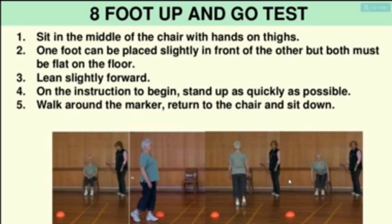On the command go, the stopwatch is started and the participant stands and walks as quickly as possible towards the cone, turns around and returns to the chair to sit down. Time is noted as he sits down on the chair. Two trials are given to the participant. The best trial is recorded to the nearest 1/10th second, and the next and last test is the 6-minute